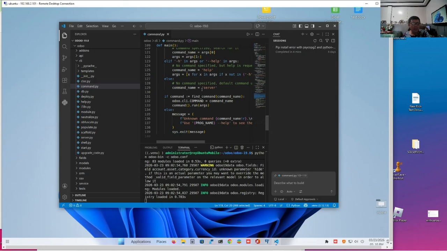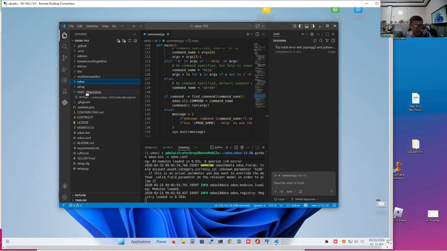Okay, before I proceed, I'd like to orient you into the main organization of a Python project. In fact, this concept applies not only in Odoo, it applies to all Python projects. A Python project is actually a set of folders, where a set of folders is like a set of books, and every book starts with a table of contents.